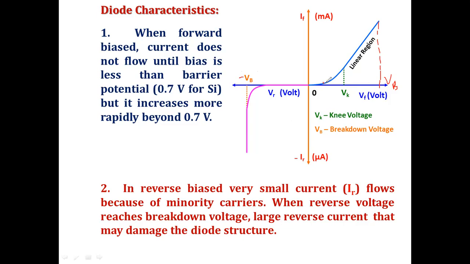region will start to decrease, and the potential barrier electric field that is there will get cancelled, and the current gets a path to flow from positive to negative, so the current will increase after this point. After the knee voltage there is suddenly a change in the current, and it varies linearly with voltage here.